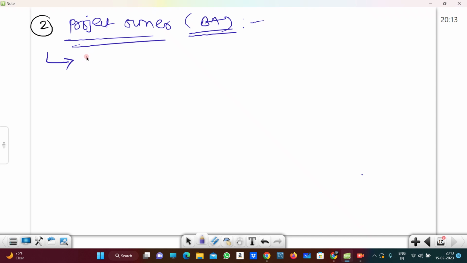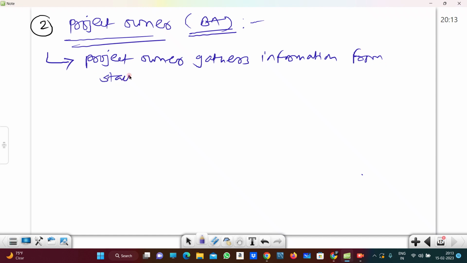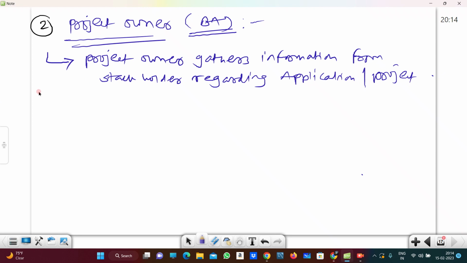So the project owner gathers information from the stakeholder regarding the project or application. So this is the first work the project owner has to do,